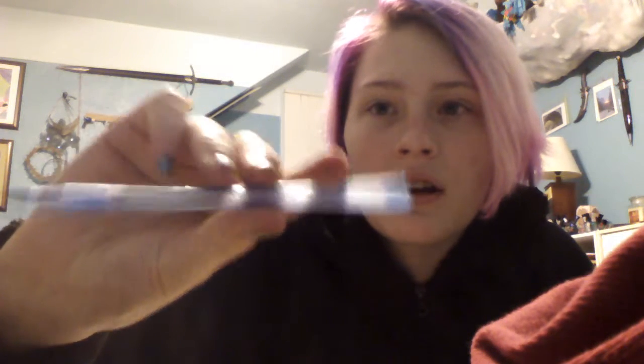Camera, what does this say? Trying to put the shadow on it. There you go. I don't know what that's even from. It's like a company pen or something. But I'm trying to use the ink in it because I don't like wasting stuff. So I'm gonna wait for a little bit for this to dry,